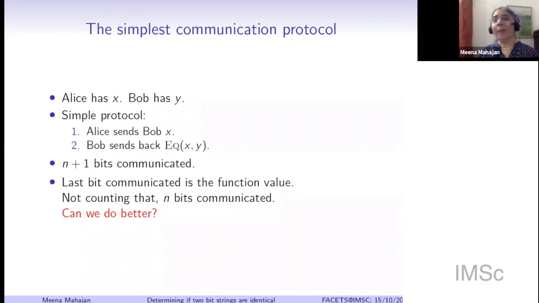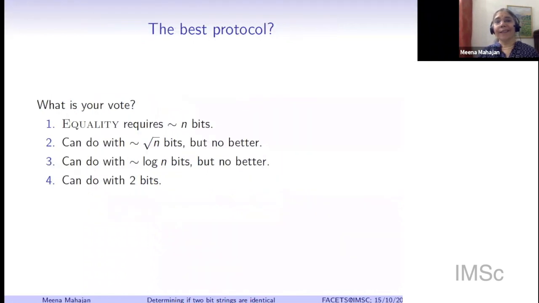The question is, can we do better? So maybe stop for a moment and try and think. What do you think would be the best possible protocol that we could design for this problem? If I want to decide equality of two N-bit files, which are located far away, do you think that roughly N bits will have to be sent back and forth? It need not be that all the N bits are from Alice to Bob. Maybe Alice sends the first 2 bits and then Bob sends the next 2 bits. They may interleave in some way. But overall, accounting for both directions, do you think that roughly N bits need to be sent?